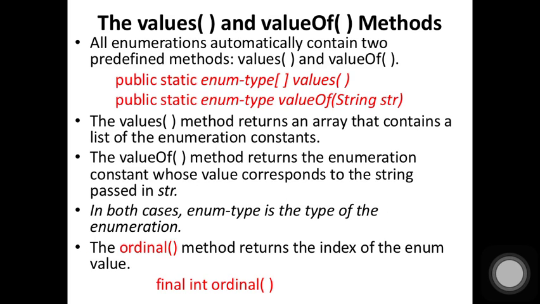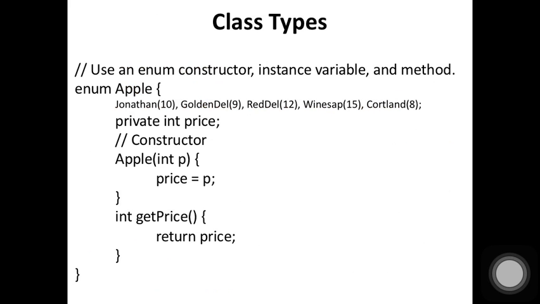And the last one is the ordinal method, which returns the index of the enum. So what is the value of that particular constant? We can get the index value by means of the ordinal method. Take a simple example here, an enum. I define the same Apple, and inside Apple I mention the values for